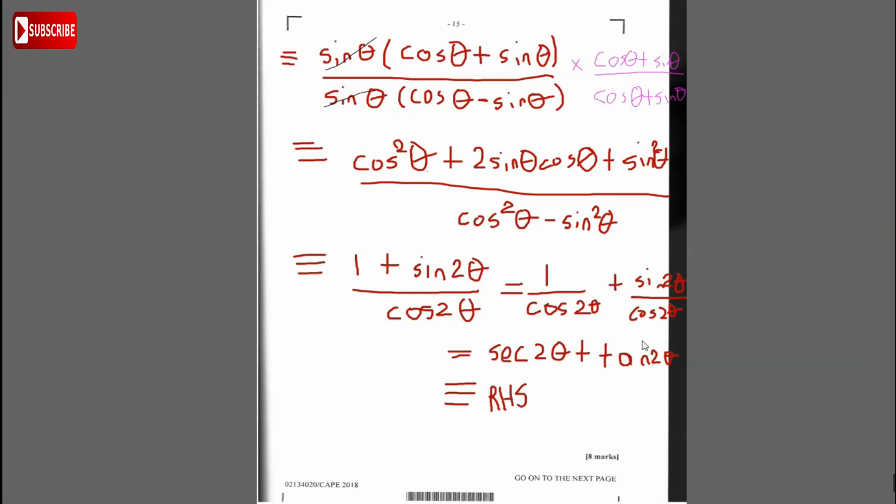And instead of saying sec 2 theta plus tan 2 theta equals 0, I'm just going to go to this one: 1 plus sine 2 theta over cos 2 theta equals 0. So hence, that implies that we can solve 1 plus sine 2 theta over cos 2 theta